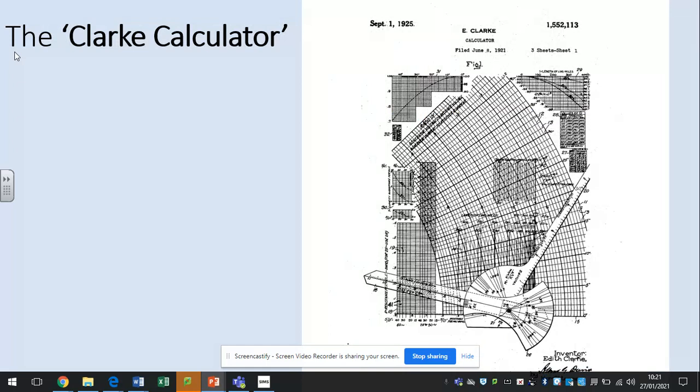This is a diagram of the Clarke Calculator. Now, it's not a calculator like you would imagine a calculator these days, with nice LED screens and pressing buttons to make it work. It's a tool that was used with grid lines, and as you move the tool around, it did the calculations for you, and you eventually came up to an answer using a series of grids and matrices, which you can see all at the side. Quite a complicated thing to design, let alone make and use.